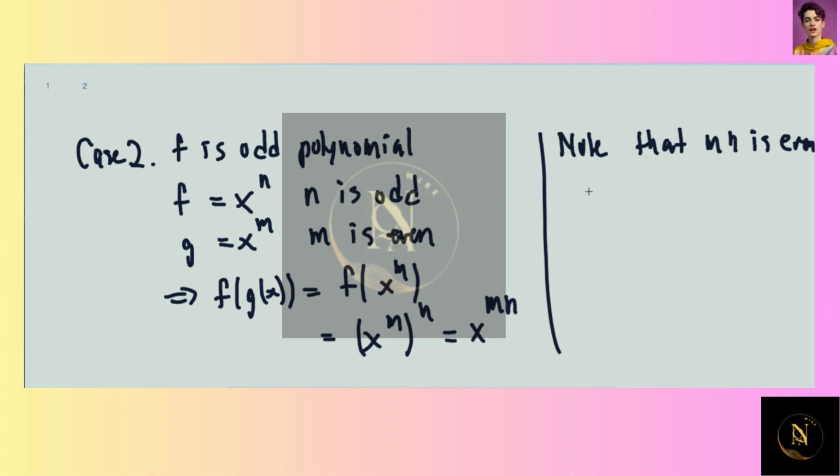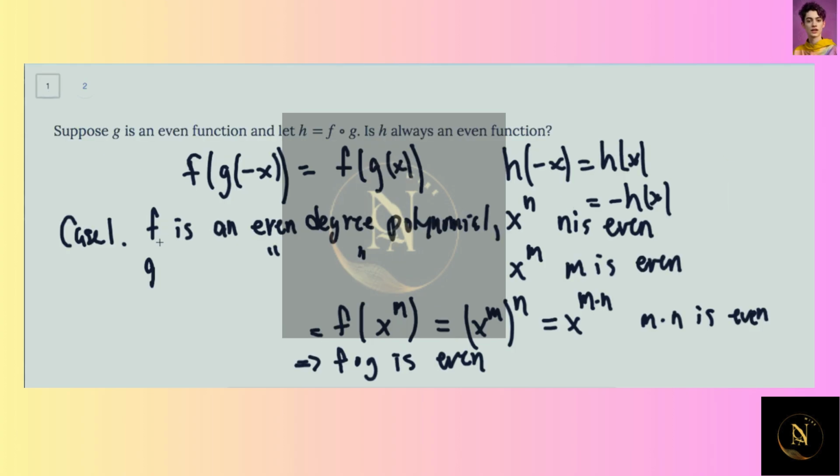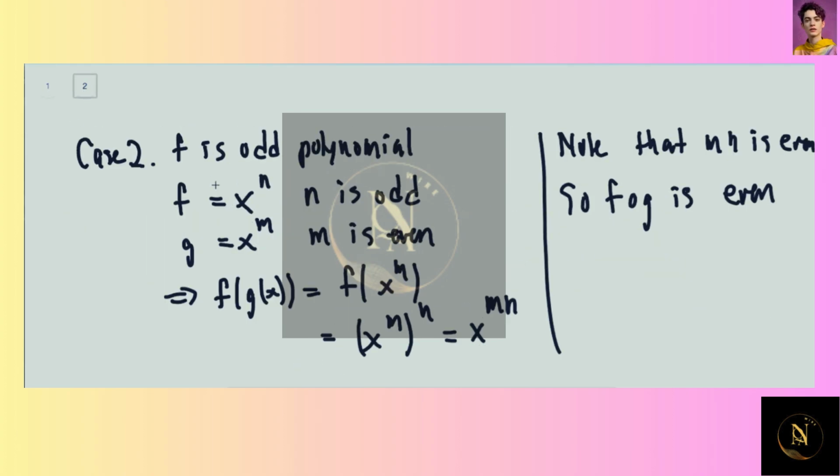Okay, so because of that, this entire function is even. So f circle G is even. In either case where f is even or f is odd, therefore f circle G is even, whether f is even or